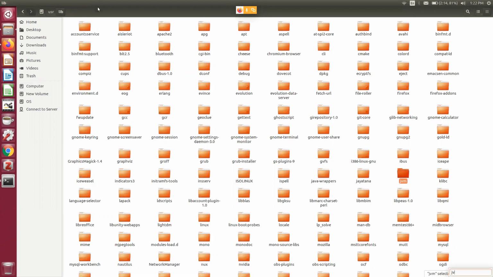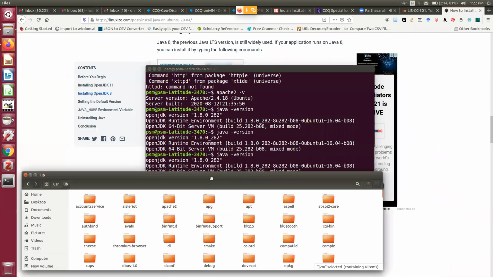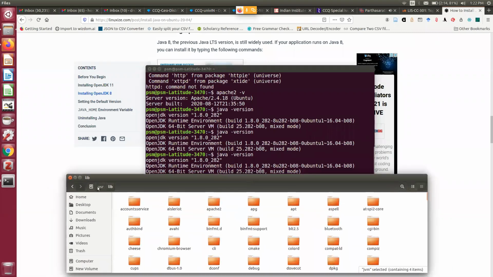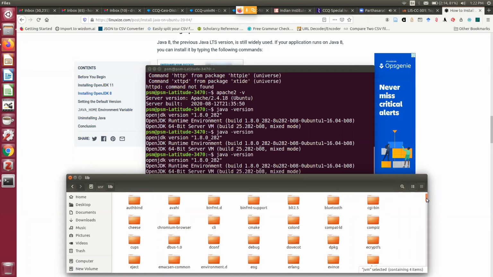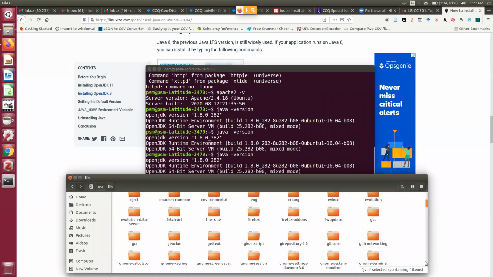So it is available under here. After installation of Java, the moment you install Java, your Java goes to the usr lib, then under that JVM. So you can search by JVM also, it is all alphabetical. You can come here and select JVM.